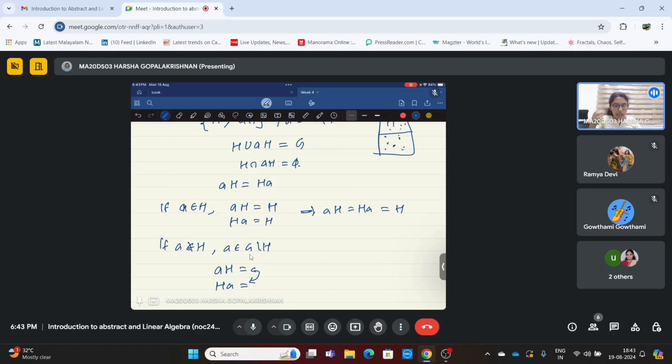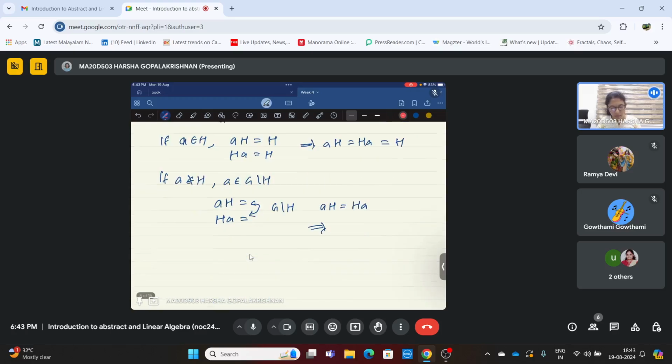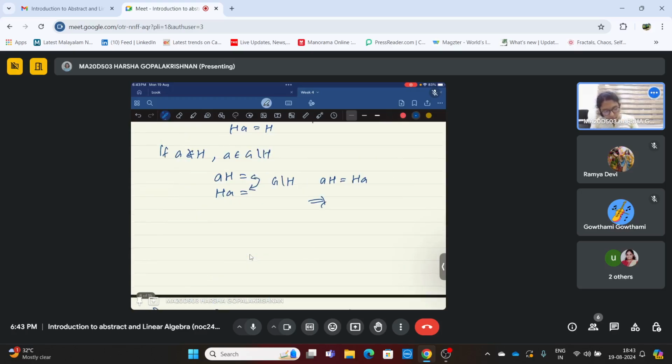AH cannot be H and HA cannot be H. So, AH and HA are the remaining part, G minus H. Correct? So, AH equals HA. That implies, we covered all the cases, when A is in H and when A is not in H. In every case we got AH and HA are equal. In the first case, this is our AH. In the second case, this is our AH or HA, both. Okay. So what we got is H is a